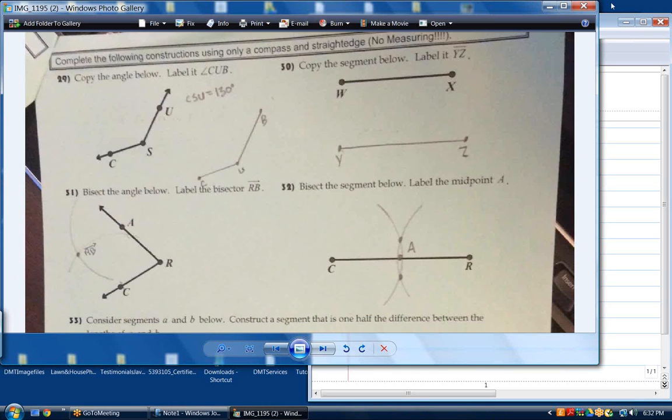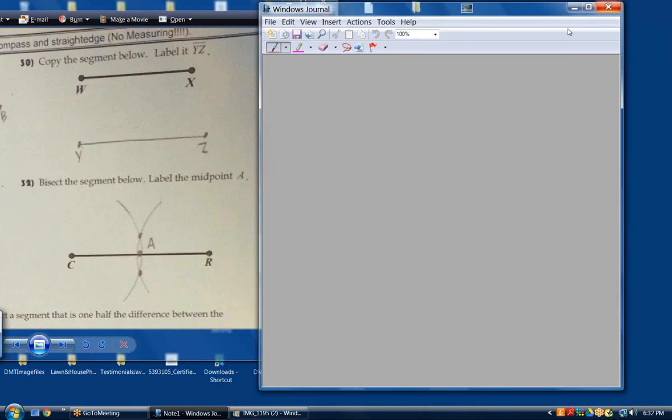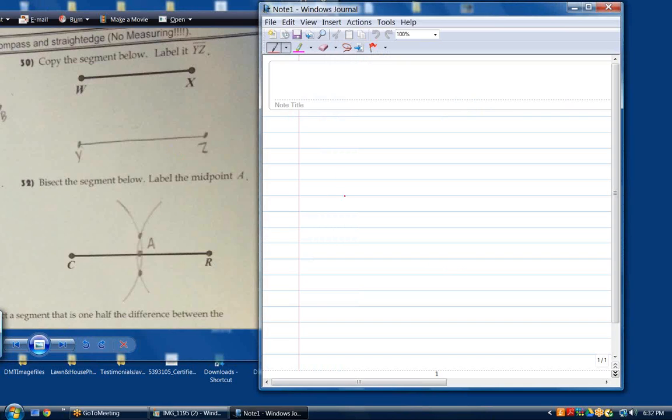Almost always, whenever you're trying to create a triangle or an angle, the thing you always want to do is start with a horizontal line. That's the most important thing, to always start with a horizontal line. If I start with a horizontal line, then copying this line segment is as easy as putting the needle point of your compass on W, the pencil point on X, you know what I mean by that? Yeah. And then pick any point you want on the line, call it Y,